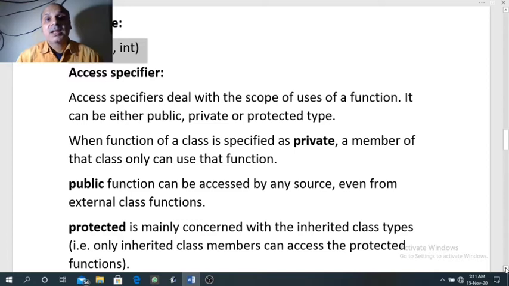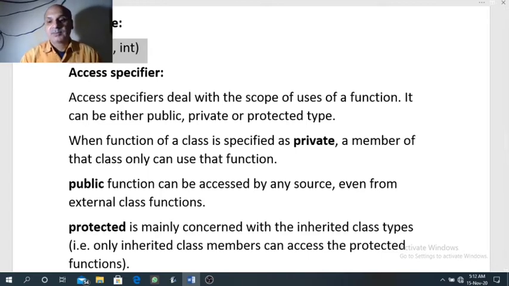And a public function can be used outside the package also. That is why its scope is everywhere. So public can be used inside the class, outside the class, and outside the package also. So private and public we have discussed.